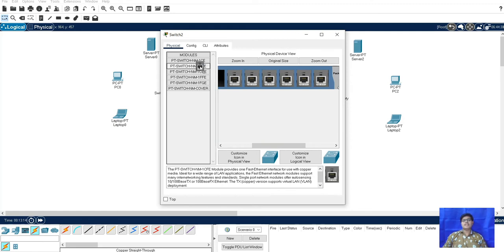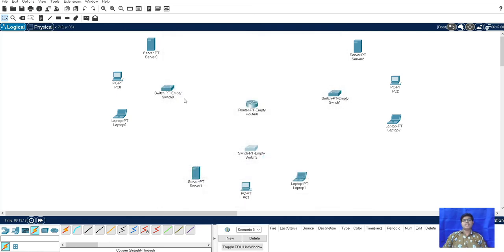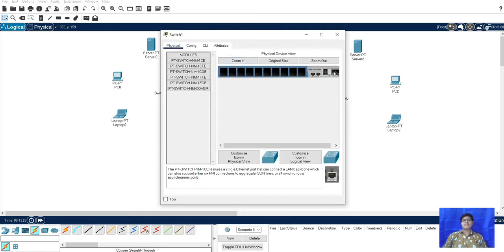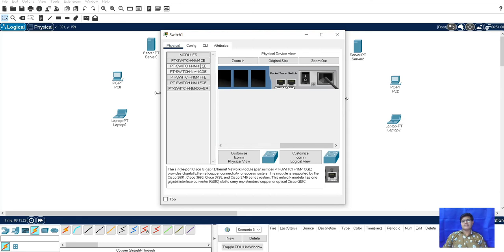Here we will take 6 and 7 for more. After that, this empty switch we will zoom in here and power off. After that, this switch, fast Ethernet, this 2, 1.